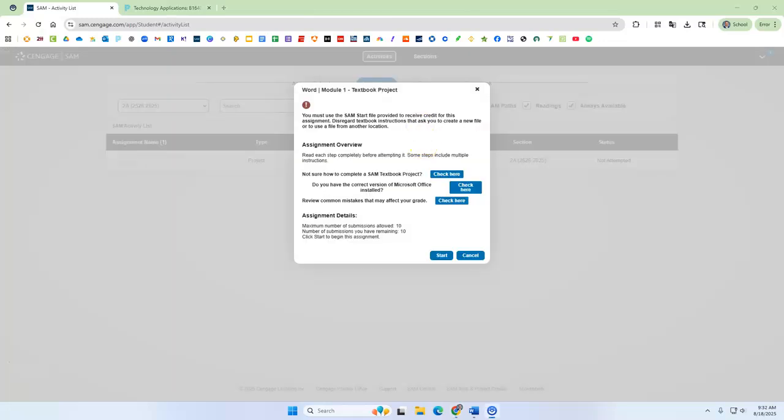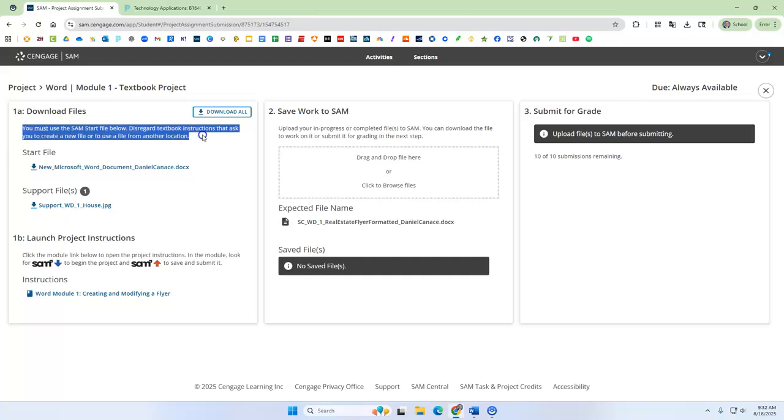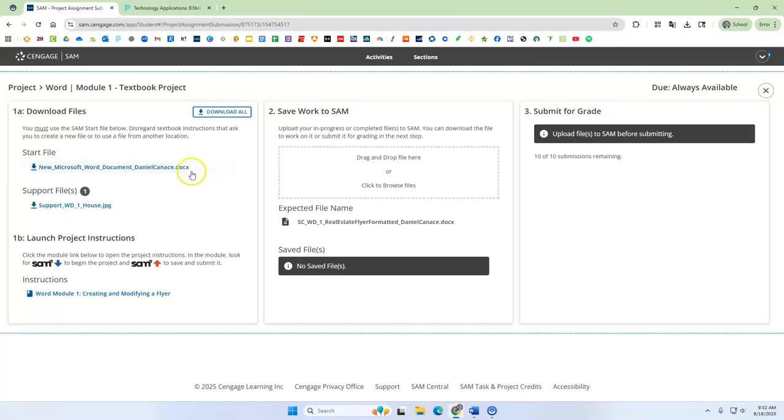Once you click on that, you should see a screen that looks like this. Then you're going to go ahead and click Start. For everything that we do in SAM, it will generally look the same way. On the left-hand side here are going to be the files that you need to use. In order for SAM, the website, to be able to grade your document, the start file needs to have your